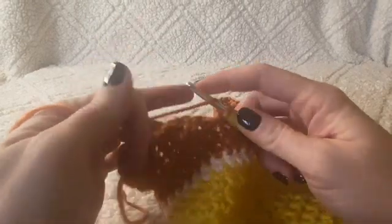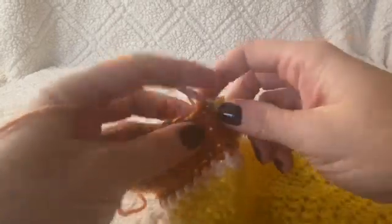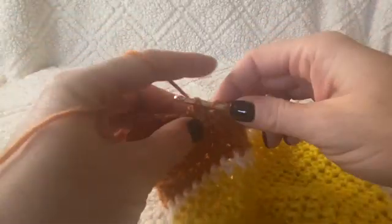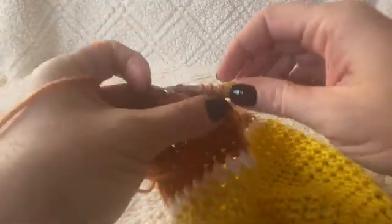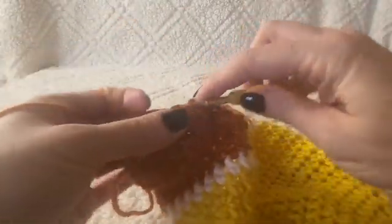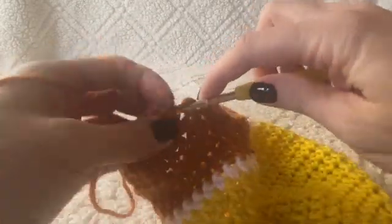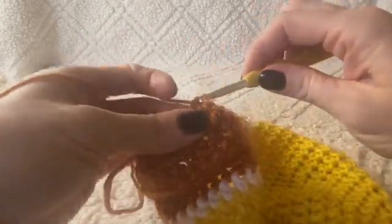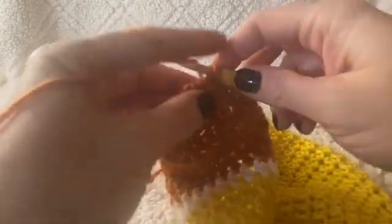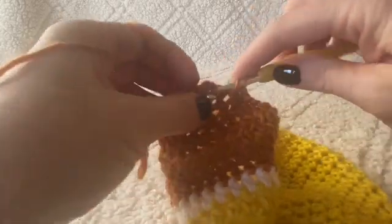So what you're going to do is you're going to work your half double crochets evenly as possible, because the whole objective here is really just to give our hat a very nice, clean looking edge. Okay, that's really all. So it's not too critical, you know, where exactly you're pushing your hook in. You just really want to make sure that it's evenly all the way around the ear flap, your half double crochets,